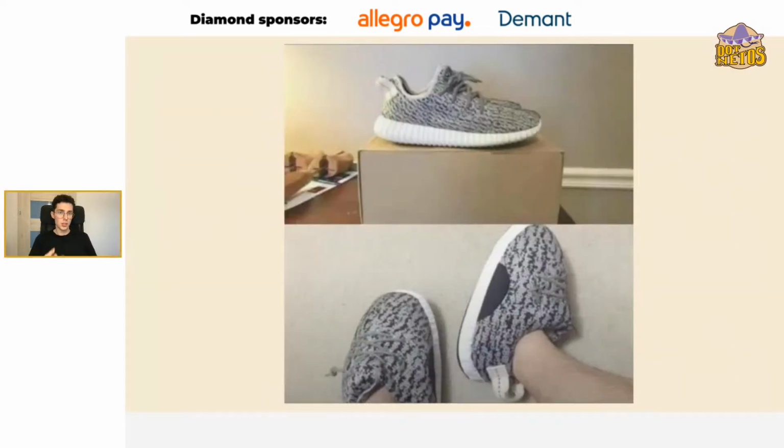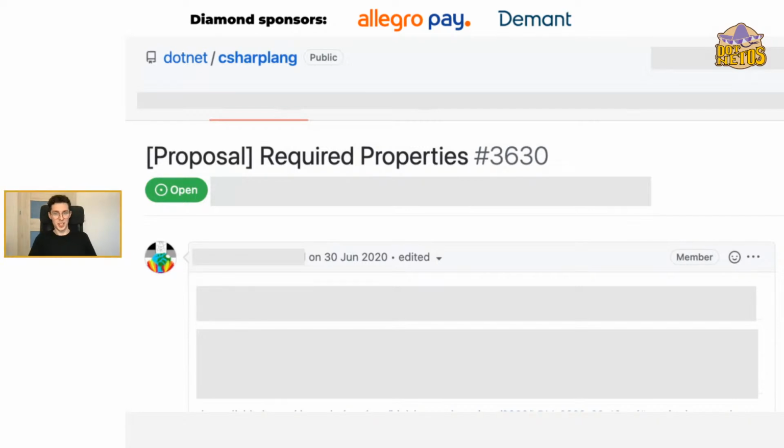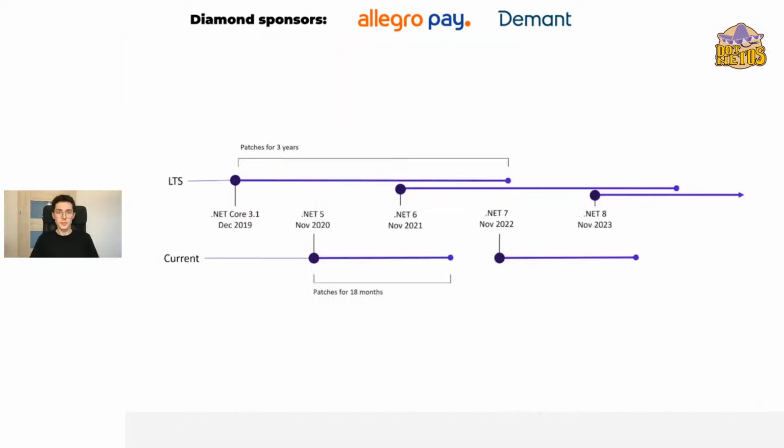And since the whole community sees the problem, knows about the problem, and different tools are being developed, is Microsoft actually listening? And kind of. The coming C# in .NET 7 will allow us to mark fields as required, which will provide some special analysis similar to the C# extension I showed you before, but it will be native in the language itself. But the problem is that .NET 7 will not be LTS, so there's a huge chance that different organizations will not switch at all, which is a bummer here.